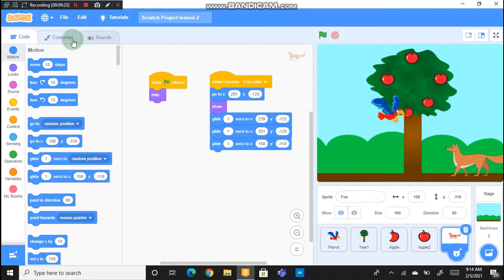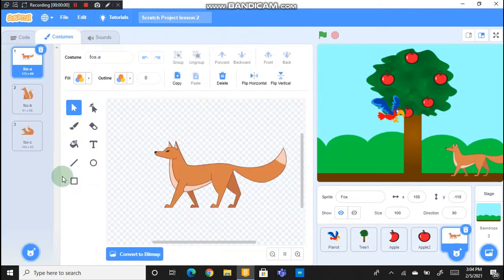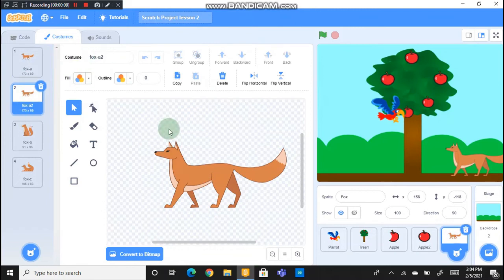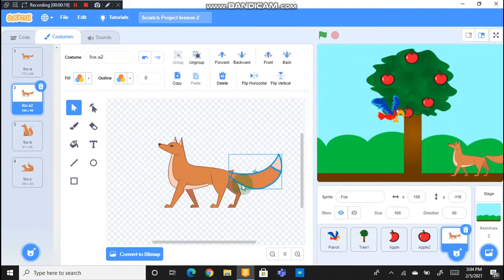To do that, go to costumes. Okay, so now we came to the costumes. We need to right click on the fox A and duplicate it. Here is the fox A2. In this, select the upper body and then tilt it so that it looks like the fox is seeing the parrot. So this is enough. I'm going to adjust the tail and both the legs so that it is clear.